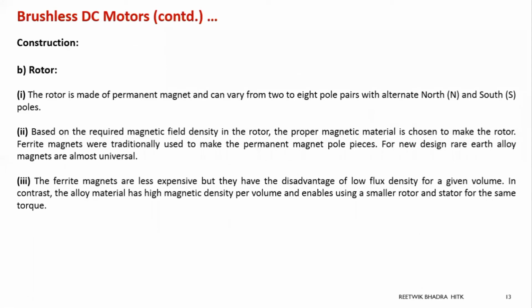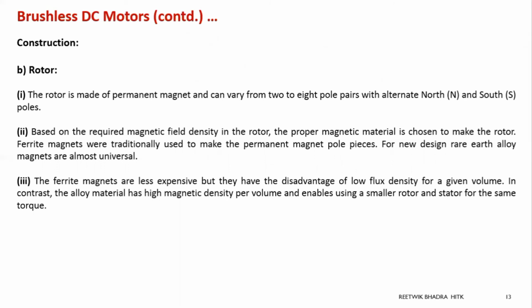In the case of the rotor, as you know, it is a permanent magnet. Generally 2 to 8 pairs of north-south poles are there, and they should be made of proper material so that you get a greater flux density. You know, the more the flux, the more will be the EMF. So we should choose a better material. Generally, we can use ferrite magnets. Also some rare earth alloy magnets can be used. But there are some disadvantages as well as advantages, because we need to develop more EMF, meaning more flux in the rotor.